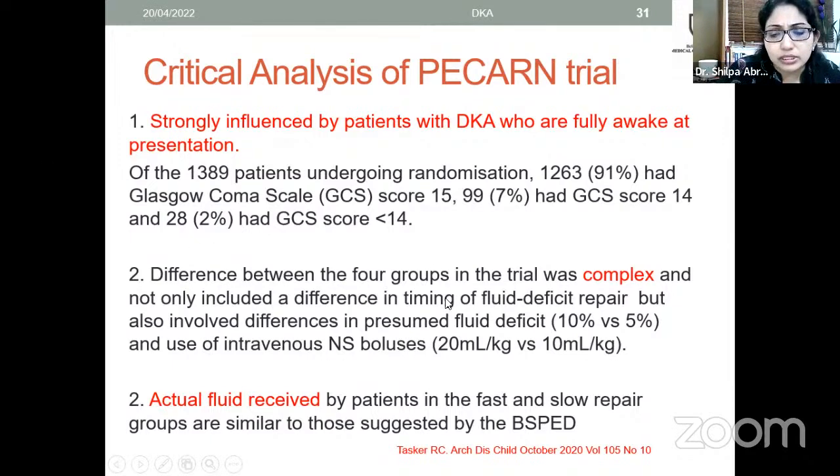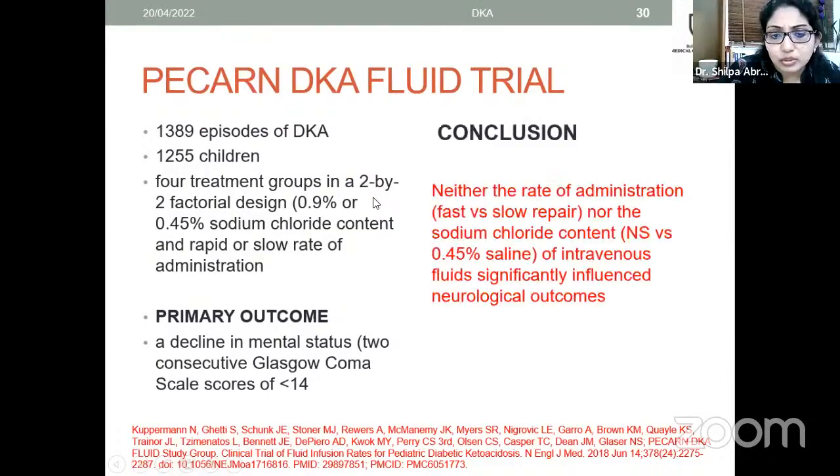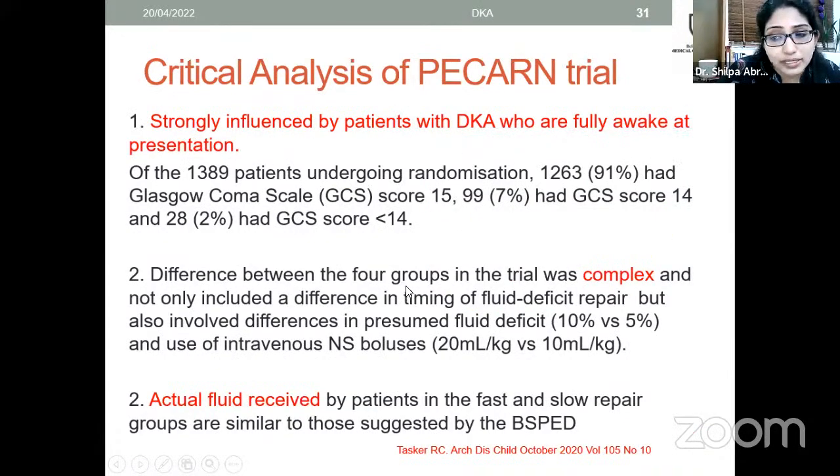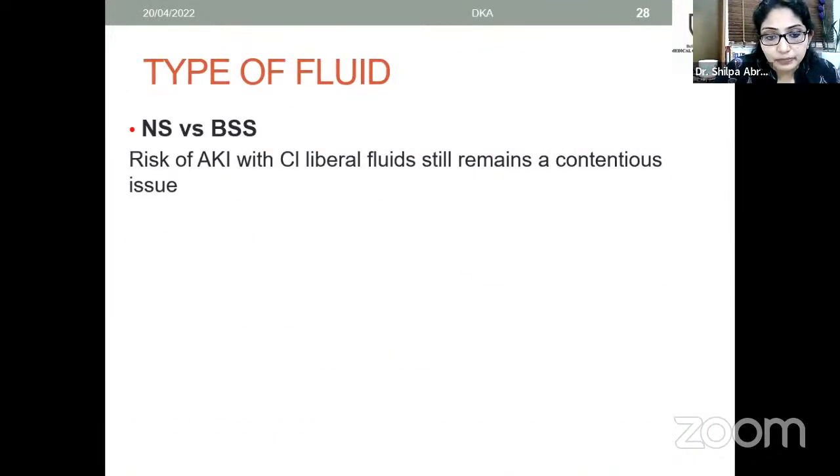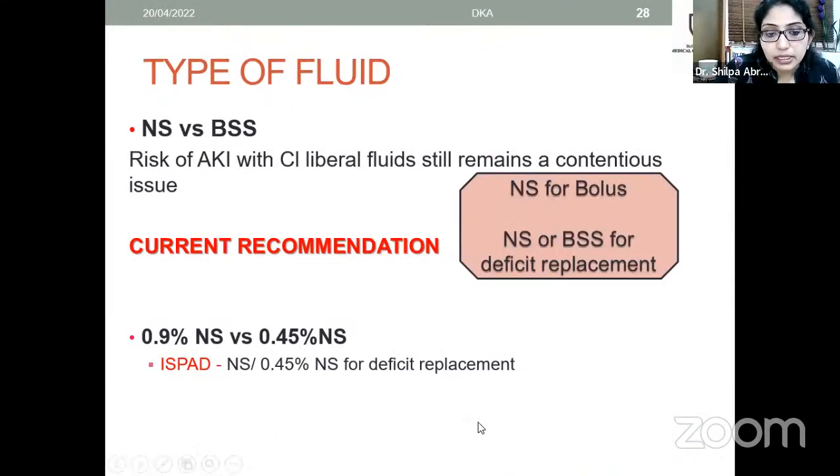Also, it is a 2x2 factorial design, which is quite a complex design. That is another flaw of this trial. And the actual fluid received also is quite erratic, if you look at the supplements published in NEJM, which is not published with the main article. So in short, what I mean to say is that though these are what the guidelines recommend, that is NS versus half NS or slow or fast,